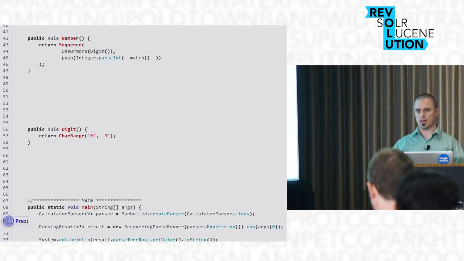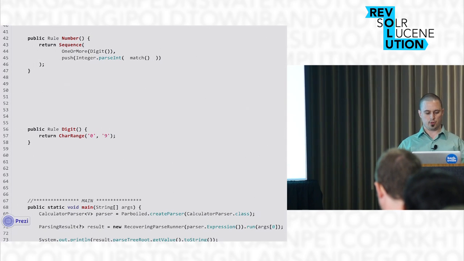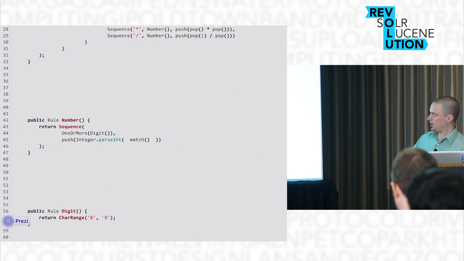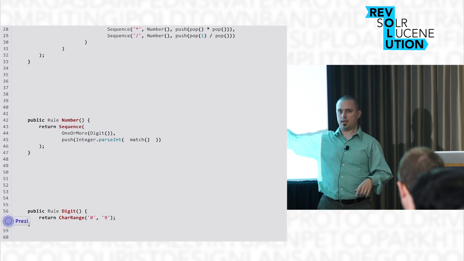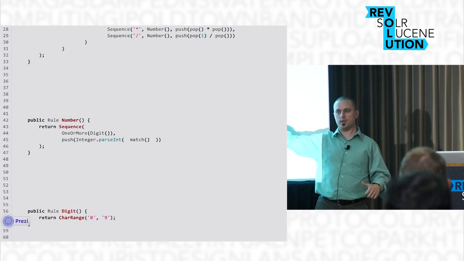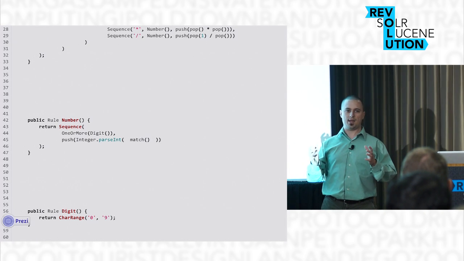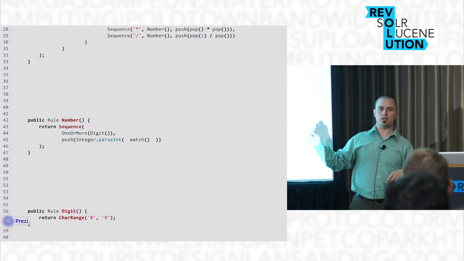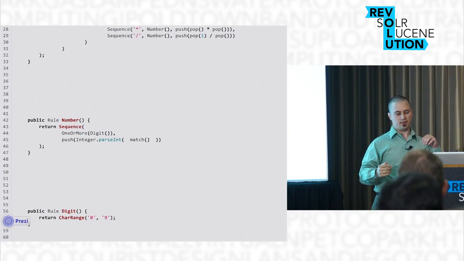Well, if it's 0 through 9, it's a digit. A number is composed of one or more digits. And by the way, if you see this match thing right here, it says whenever we make a match of one or more digits, we need to take that match, turn it into an integer, this is normal Java now, and push it back on top of a value stack that we're keeping track